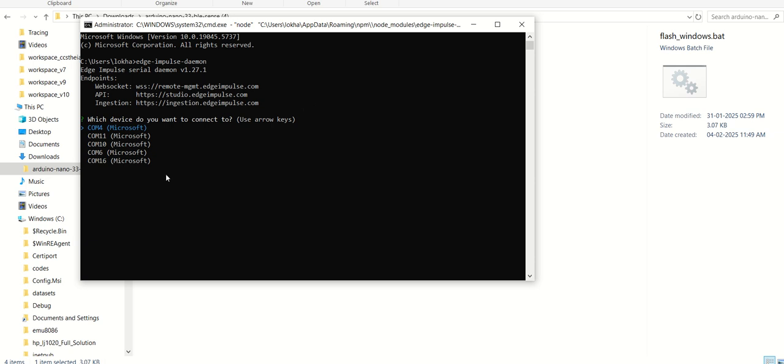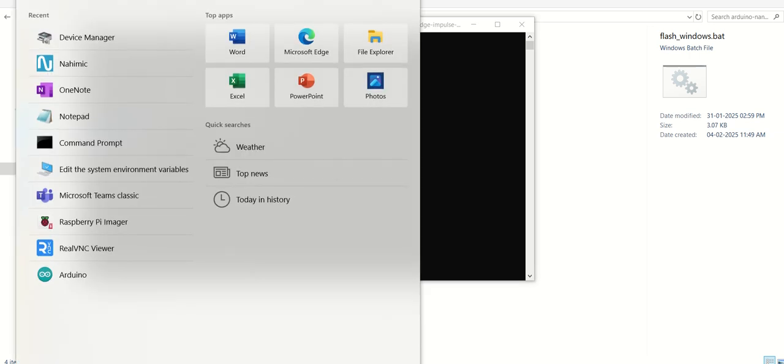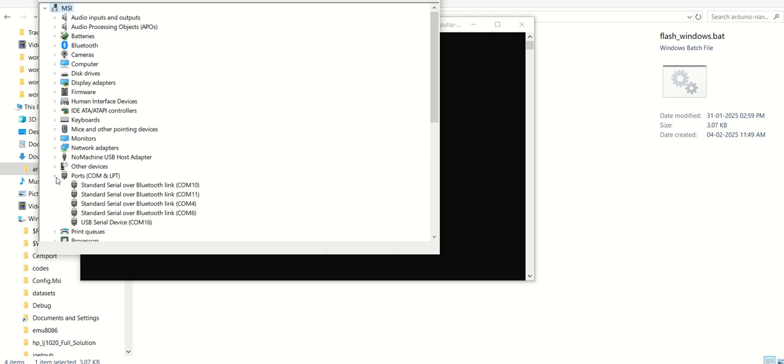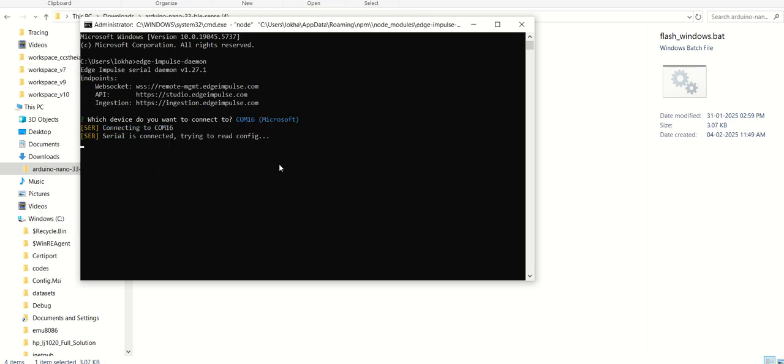Okay, so as of now, if you look, there are multiple COM ports visible. So I am not aware of where the device is connected. So go to Device Manager and just verify where the USB serial device is connected. Right now it's on COM16. So select the COM port as COM16,